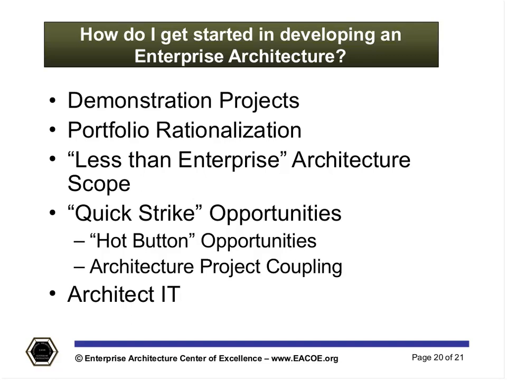Once we get through that, there's a number of other things that we can do. One of the common things we see out there is the concept of portfolio rationalization, portfolio optimization. Using enterprise architecture techniques, 2 architectural artifacts that I showed you in the framework can provide you with a frame of understanding of the potential reduction in redundancies and costs and also gaps in the organization. And we call that portfolio rationalization. It's less than enterprise architecture scope: a project, a program, a division, a department. A great way to begin doing this.